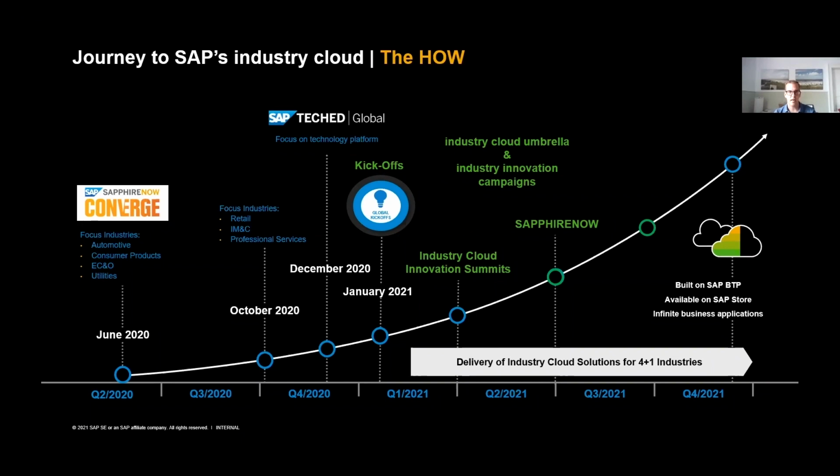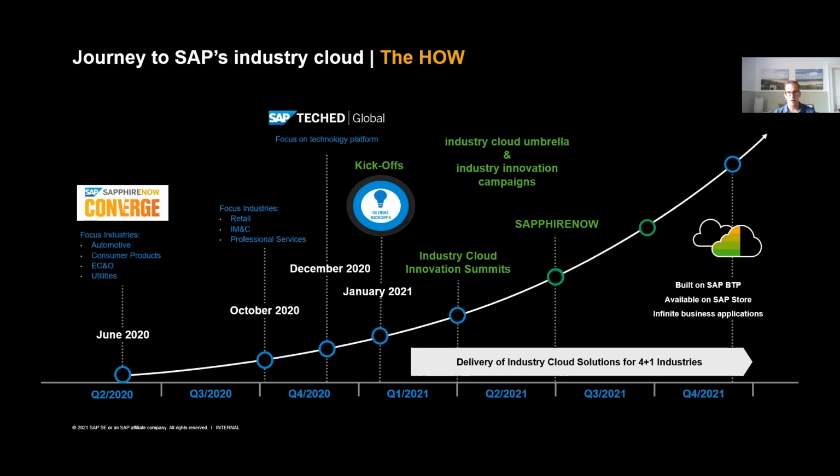I mentioned already TechEd last year, where our focus was really on the technology platform, where we had a hackathon for utilities, really innovating the first Industry Cloud solutions. And now as we are in 2021, summer, Sapphire Now is over. We are delivering now Industry Cloud solutions on 4 industries that we were focusing on, where we put really significant own investment into: automotive, consumer products, retail, and I&C, plus Industry 4.0,